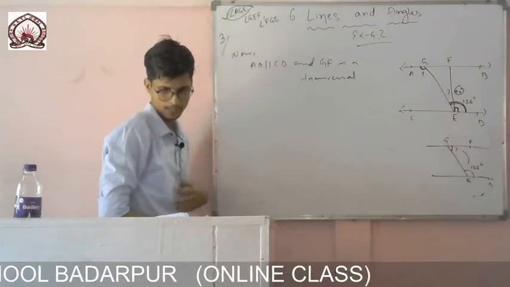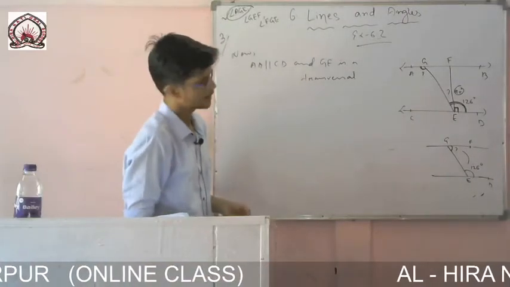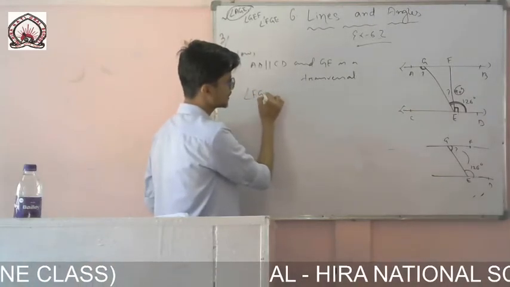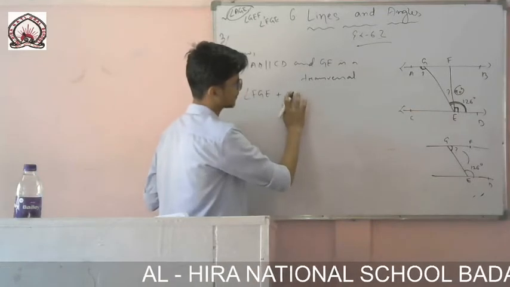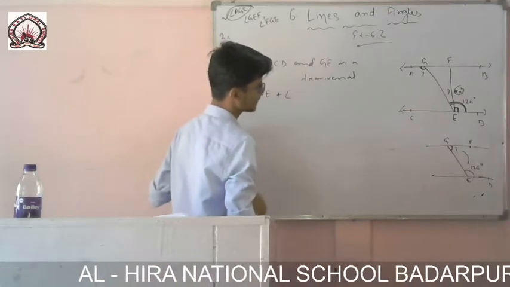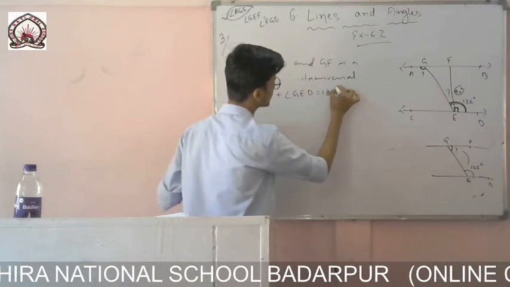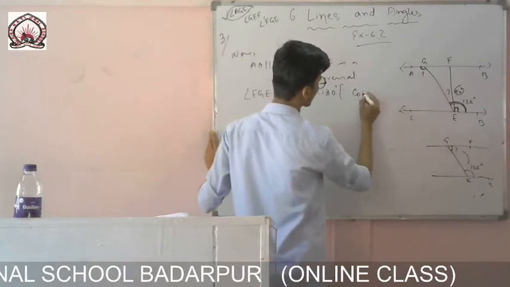Now AB is parallel to CD and GE is a transversal. So I can write angle FGE plus angle, you see here in the figure, FGE plus angle GED will be equal to 180 degrees, and the reason will be since co-interior angles,